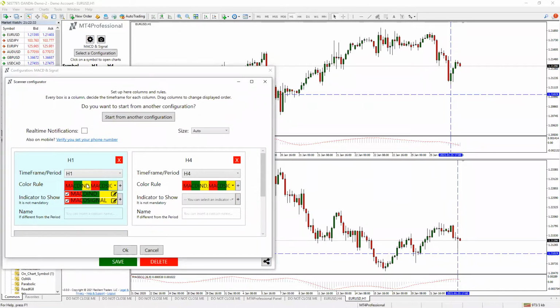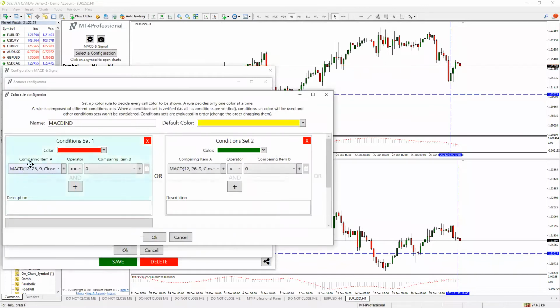So I'm using this same signal generation. It's going to give me 2 different signals on the same cell. So that way I can see and identify what's going on within that. So I've got 2 different color rules on the setup. Okay. Within the first one, the MACD indicator, you can see that I'm looking at a MACD